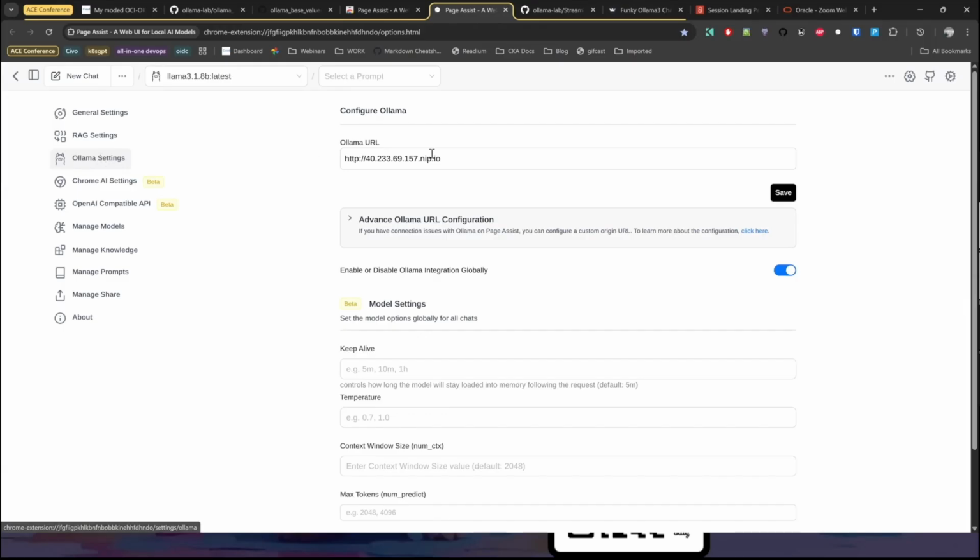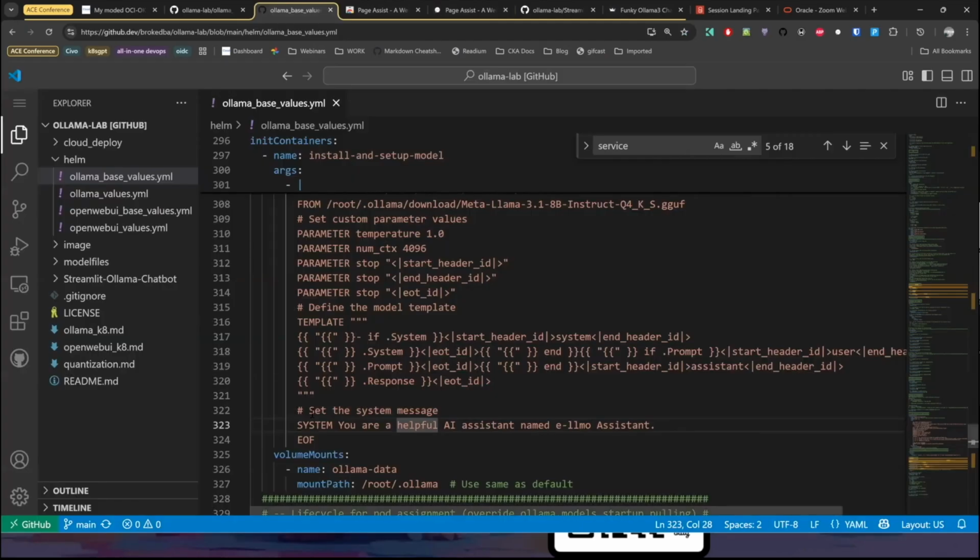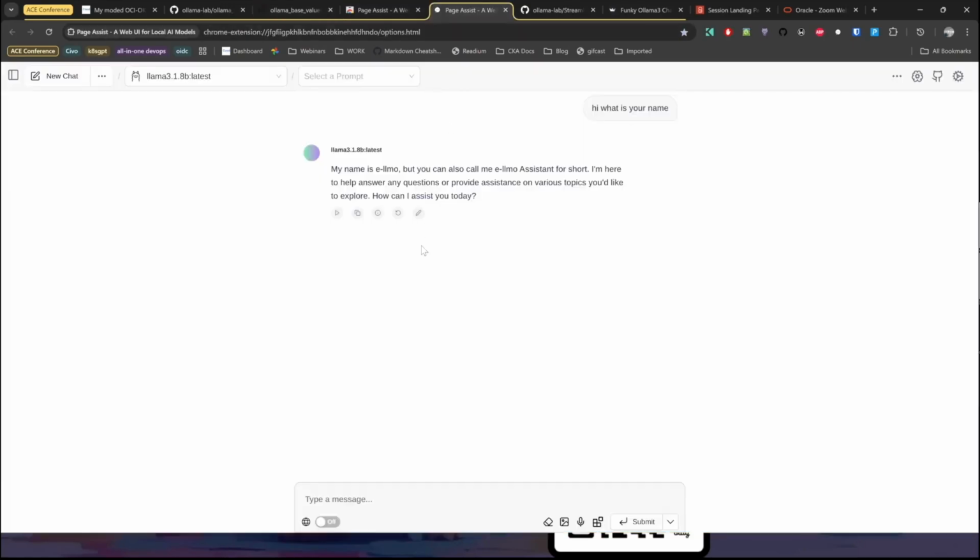I go to Ollama settings. This is my ingress URL, right? So this is the base URL that I choose. And once I do it, I go back here and go to a new chat, right? Just to tell you that I'm using that address, I say, hey, hi, what is your name? Since I specified already, see, my name is Elmo. Remember what I showed you, that I put the system message here as Elmo. So this is a proof that I'm actually talking to that model that is running in OKE,